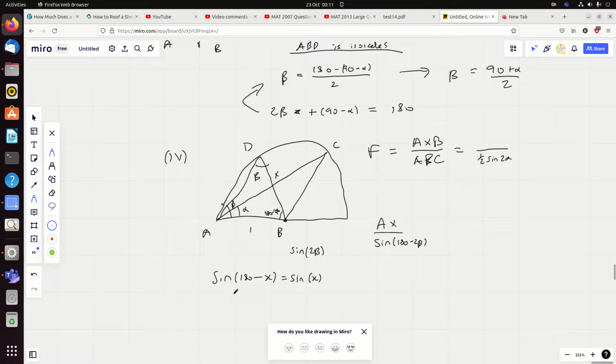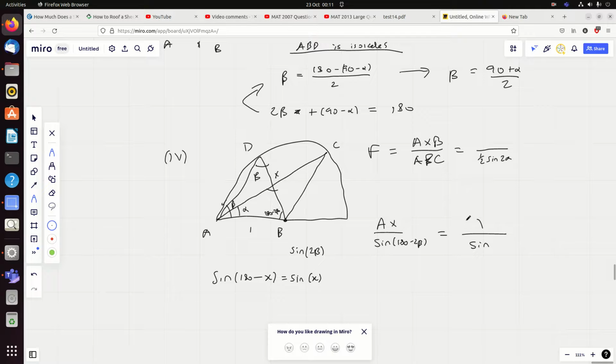We use that rule all the time when we invert a sine function, to find the next answer we do 180 minus, because of the symmetry in a sine graph. So straight away I can say that the bottom is going to change into sine 2 beta in a second, but AX over sine of that equals, now what should we do here? Let's do 1 over the sine of this angle here,